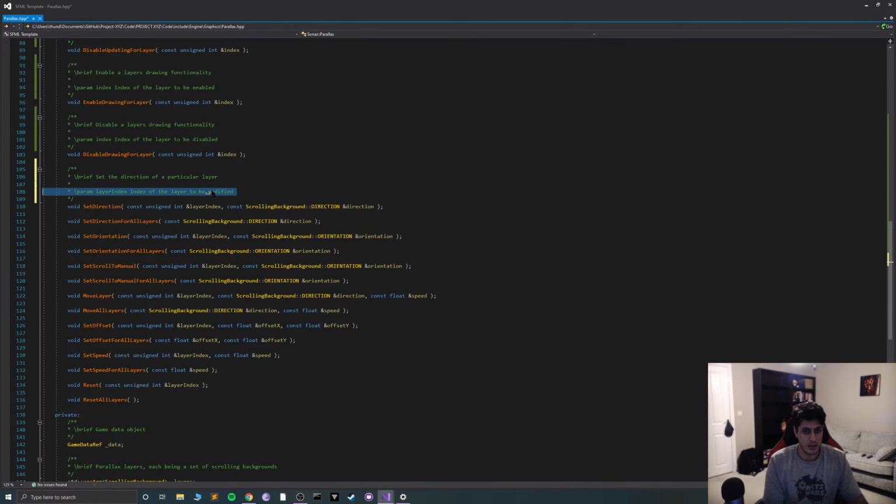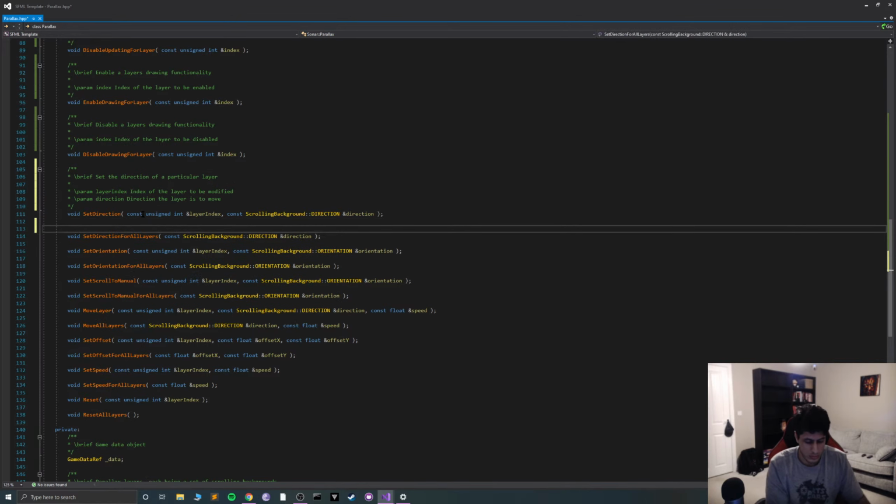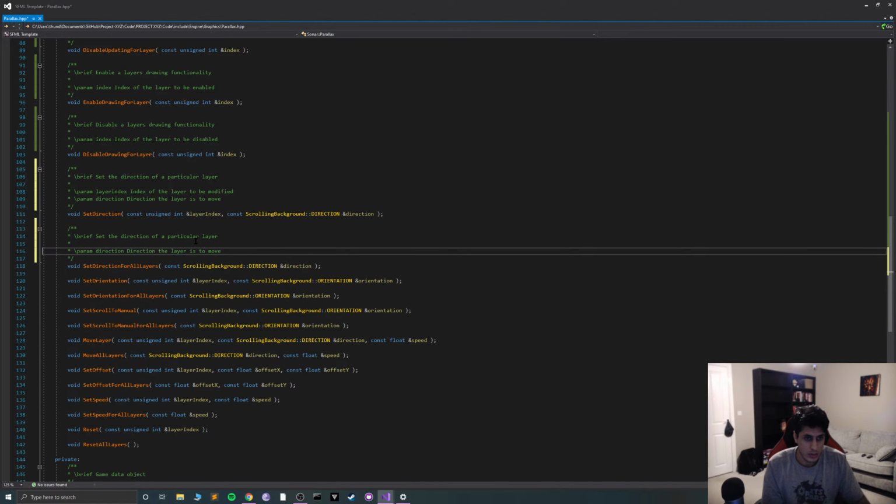I'll leave it like that. Direction the layer is to move of all layers.